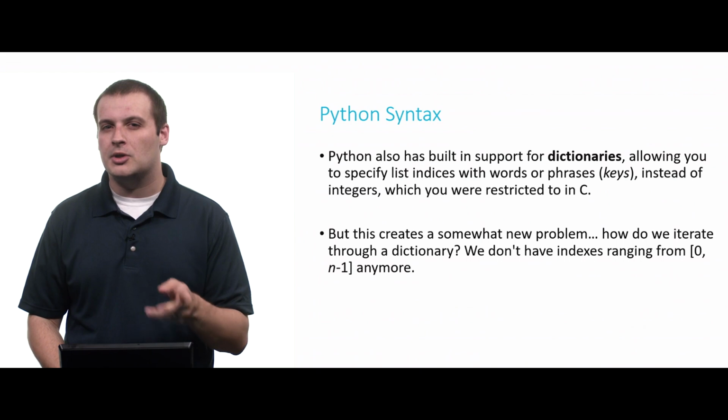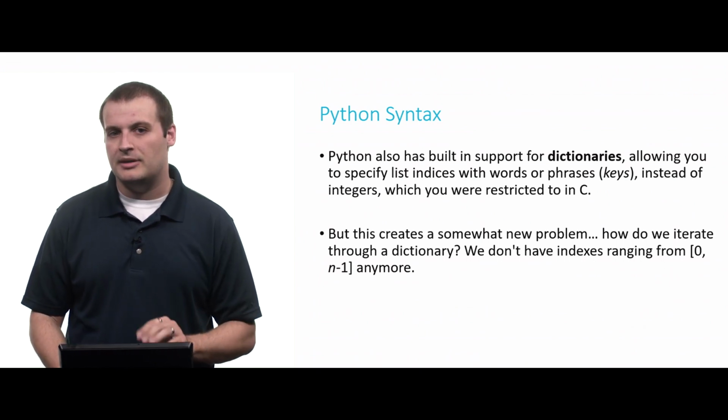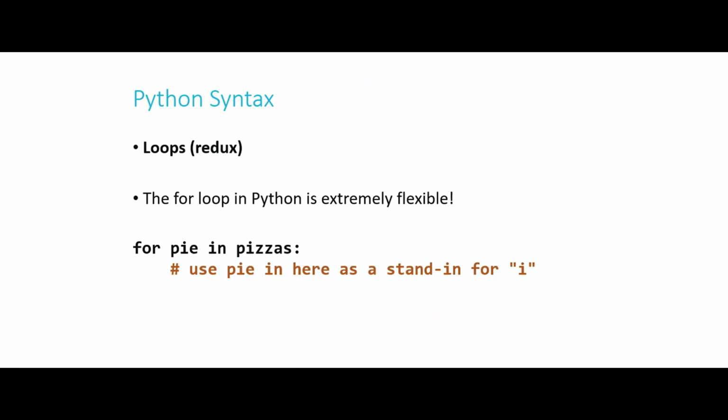And I pointed that out to you a little bit earlier, and I said we'd come back to talk about how the for loop was more flexible. Let's see an example of this. So the for loop is not just used to count from one number up to another. We can also use it to iterate over the elements of a dictionary. So instead of saying for x in range 500, which is going to do something 500 times, I can say for pi in pizzas. That's pretty cool, right?